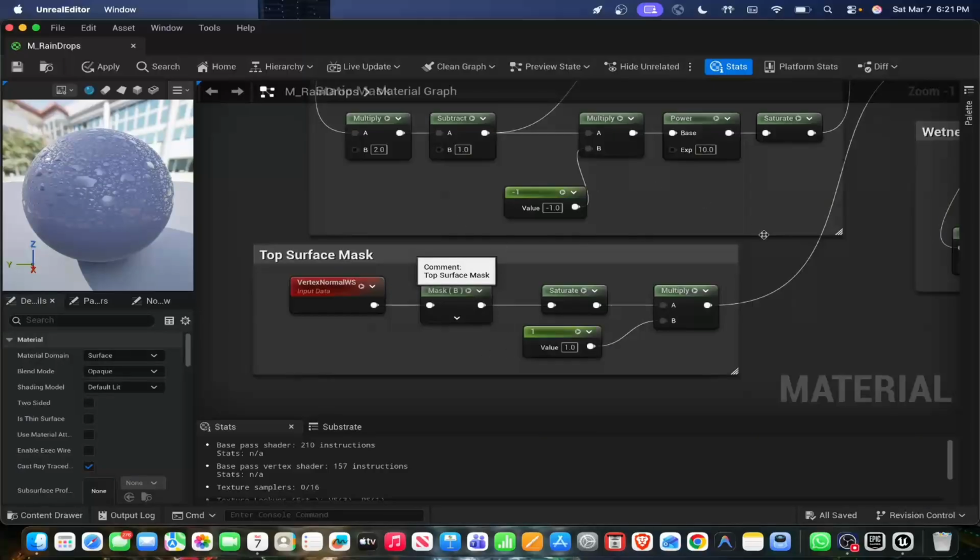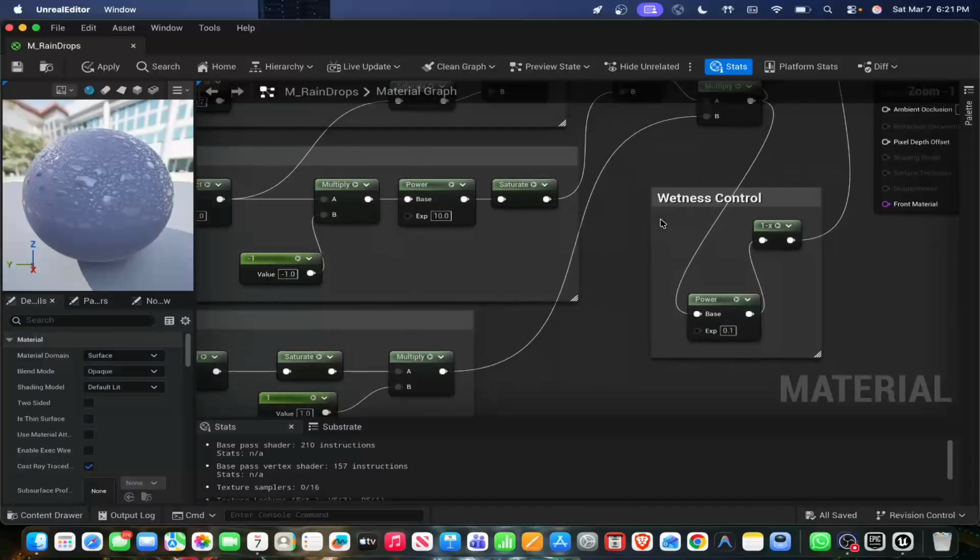So this is the physics that gives the logic for the actual rain implementation. And then the wetness control. So this is the wetness control. You can see here the wetness control. So what it does is